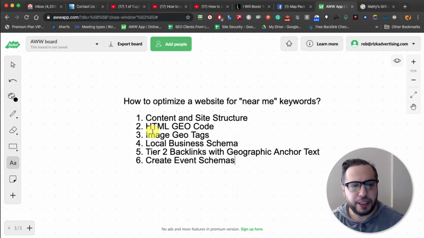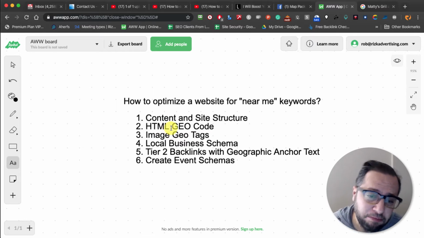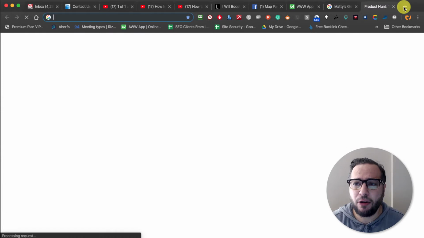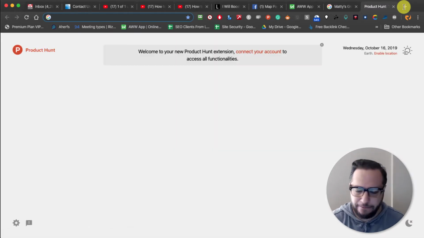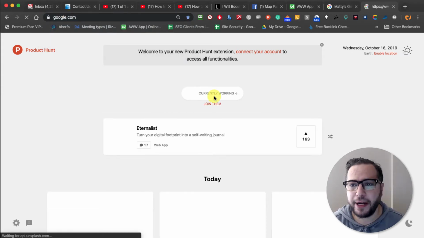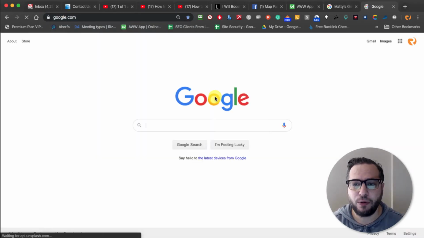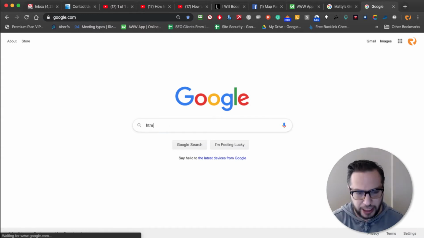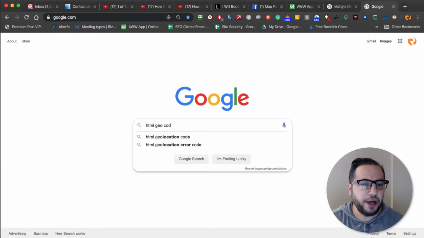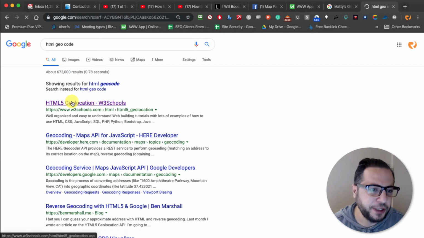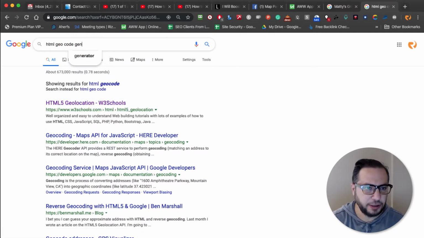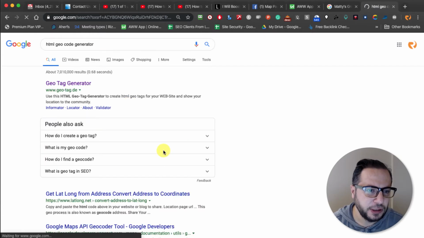The other thing I do is actually not a lot of people do it, but I find it helpful. It's an HTML Geo Code. It's basically the old days of adding HTML Geo Code. I actually could go right now and show it to you guys pretty quick. It's basically just a Geo Code HTML generator. Let me see, HTML Geo Code generator. So here we go, and I think the one I use,